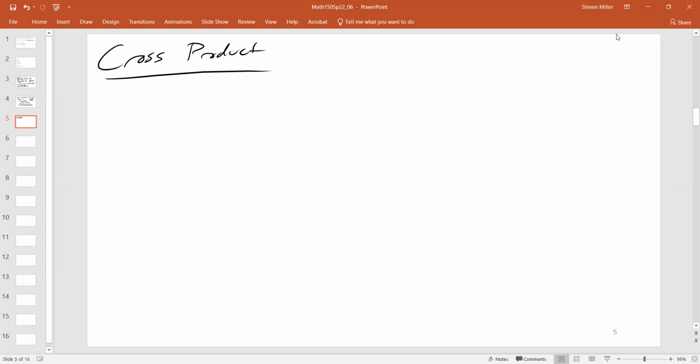So what is typically done is you have your fingers going from one vector to the other, and then the thumb points in the direction of the new vector. So if I take 2 vectors,